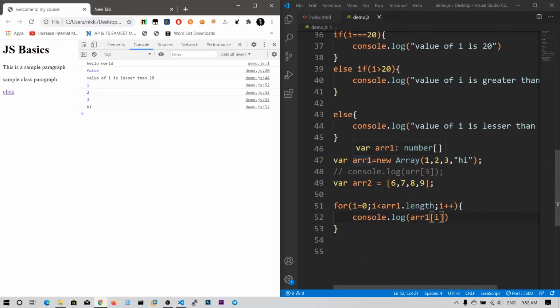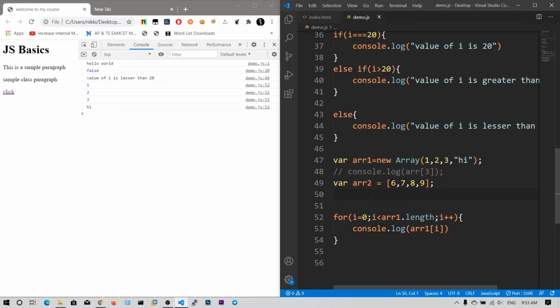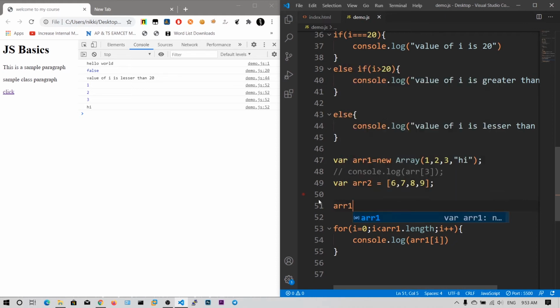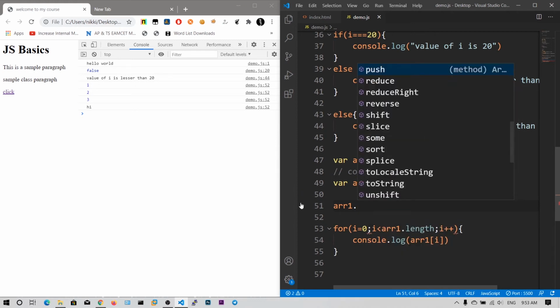So we have got the two arrays, array1 and array2, and we can just concatenate, I mean add, these two arrays. You can say array1 dot concatenate.